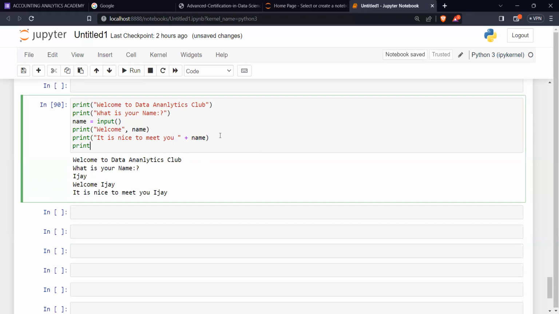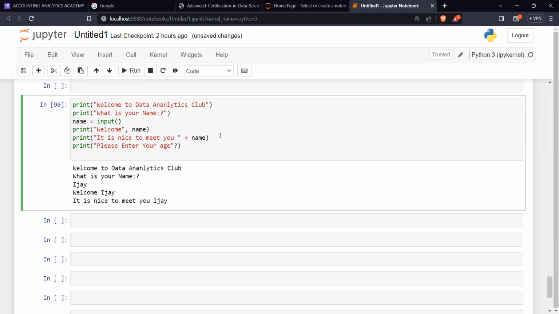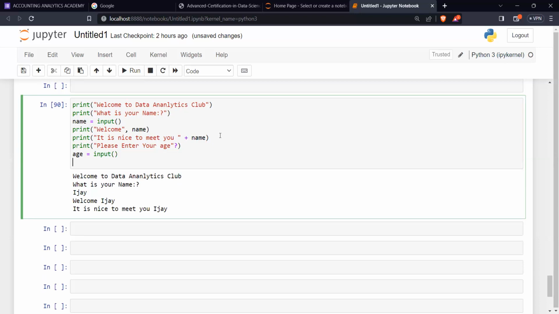So if we say, can I say print, please enter your age. Please enter your what? Age. So what will be next now? Where will the age enter now? We now have age, we'll create a variable, equals to what? Input. Whatever you want to put there. Then we can now say print